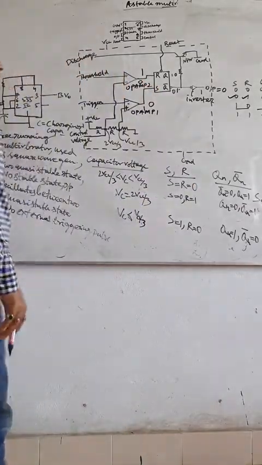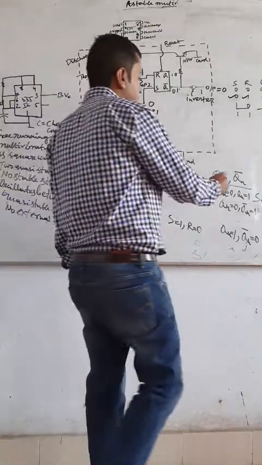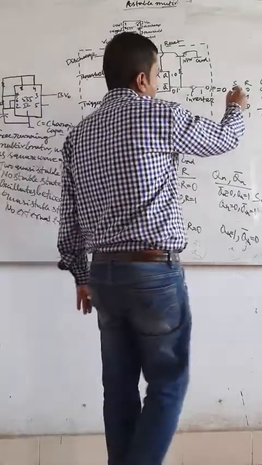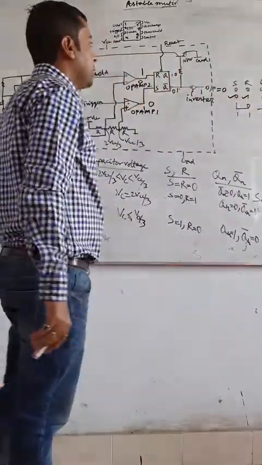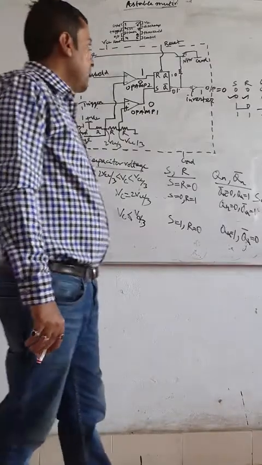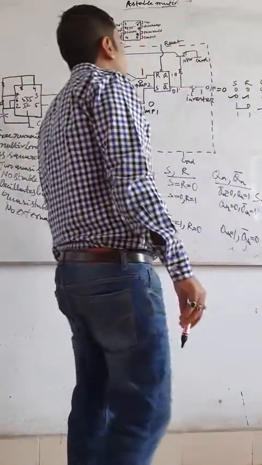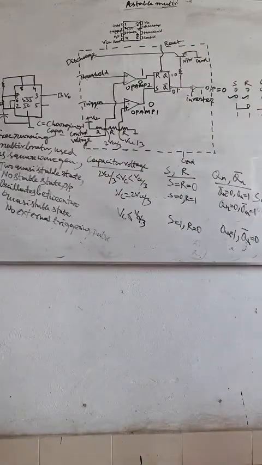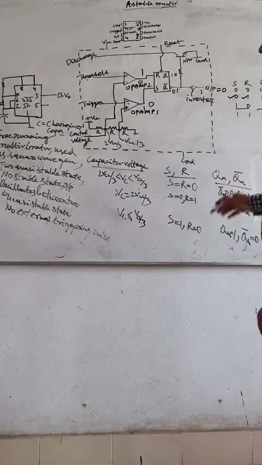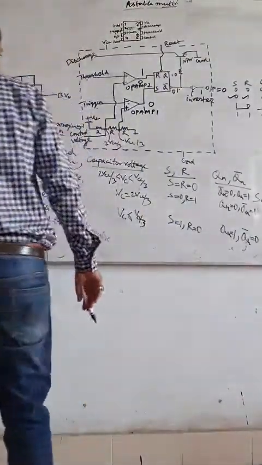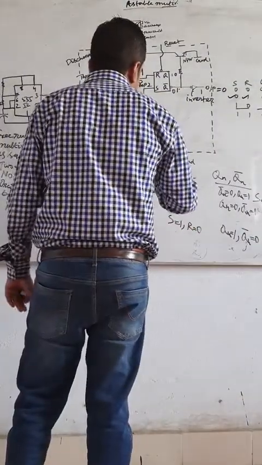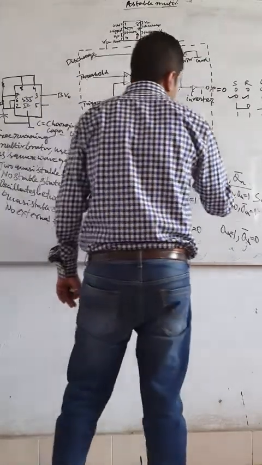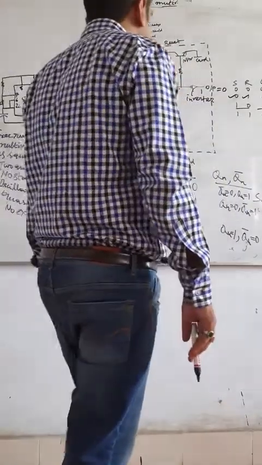The flip-flop is in set condition, because Qn is 1, Qn bar is 0. Qn is 1 means, if you see the truth table of the SR flip-flop, if the inputs are 0 0, then Qn plus 1 will follow the previous output, that means Qn. Previously Qn was 1. Now if S and R are equal to 0, that is, the voltage of the capacitor is in between 2 Vcc by 3 and Vcc by 3, then Qn bar is 0, Qn is 1.